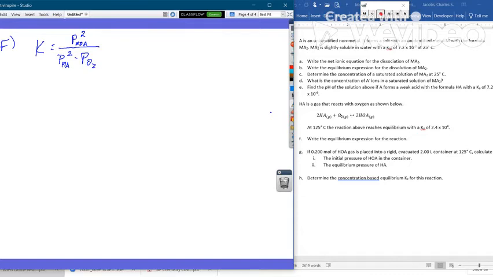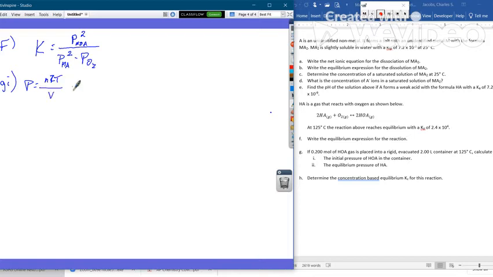Then letter G. If 0.2 moles of HOA gas is placed into a rigid, evacuated 2-liter container, calculate I, the initial pressure of HOA in the container. So this is before any reaction happens. So this is going to be straight up gas law stoichiometry. So we want to figure out the initial pressure of HOA in the container. So we know how many moles there are, we know the temperature, we know the volume, so calculating the pressure,